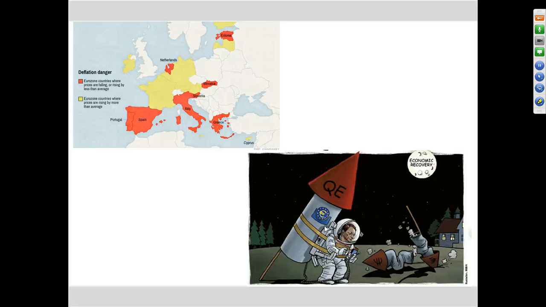This is also a side effect of a very high level of unemployment and very low growth in many of the countries that are in red, with the exception of Netherlands. But if you look at the southern side, the problem still continues. Rather, if we were paying attention to the data reported coming out from Germany and France over the last 15 days, the data have been very disappointing, and it points to the slowdown moving to